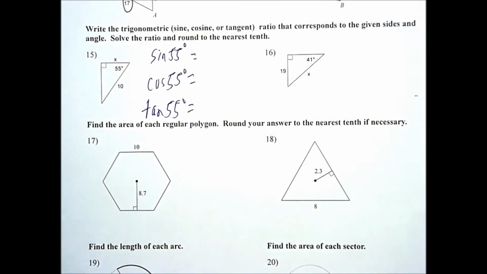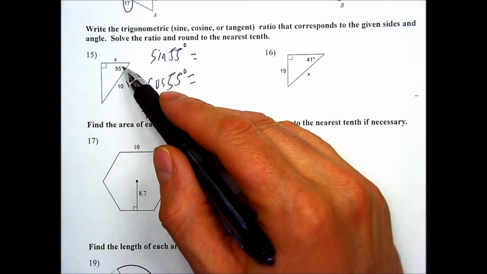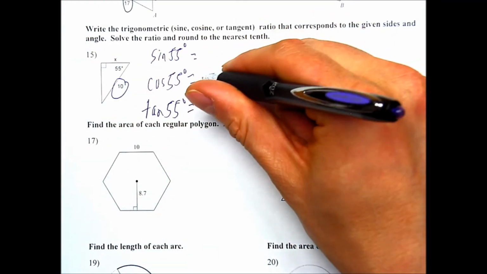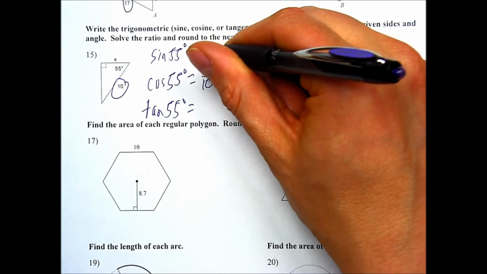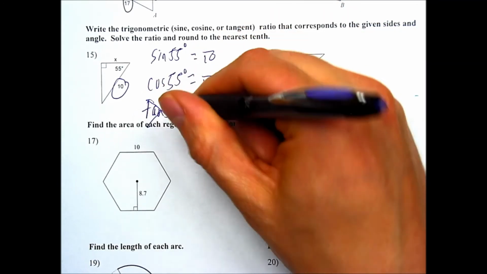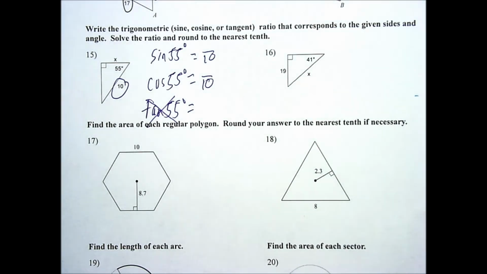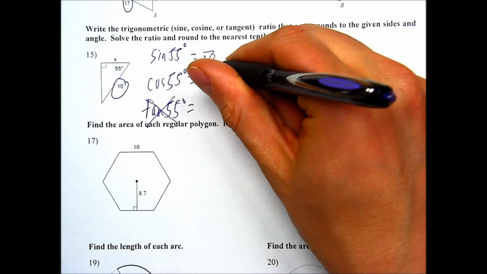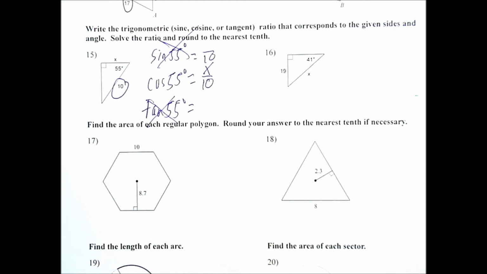So I'm looking at this question, the items that are labeled. Here's the 55. I have the hypotenuse, so I'll circle this because I always circle the hypotenuse. So I'm going to use either sine or cosine because I have the hypotenuse labeled. I'm not going to use tangent because the hypotenuse is labeled on this picture. And the question is whether x is adjacent or opposite from the 55. Well, x is connecting to the 55, so that is adjacent. So I'm using the cosine ratio, not the sine ratio or the tangent ratio, because I have the adjacent and